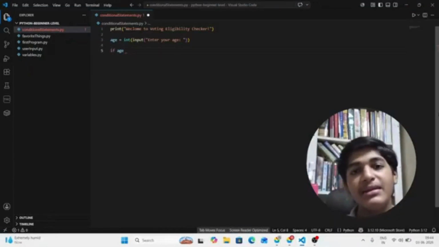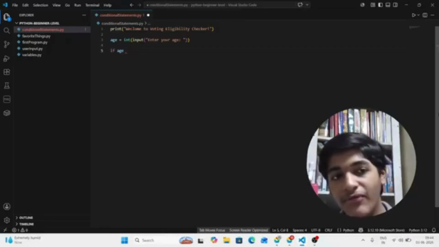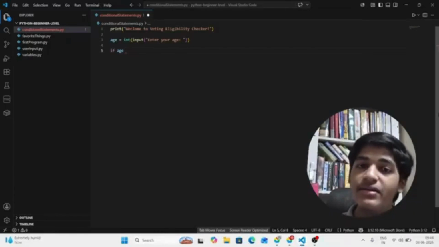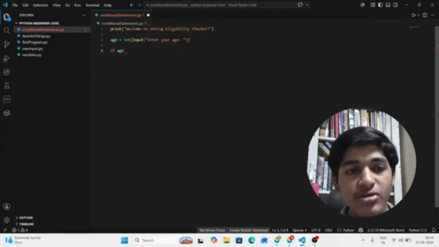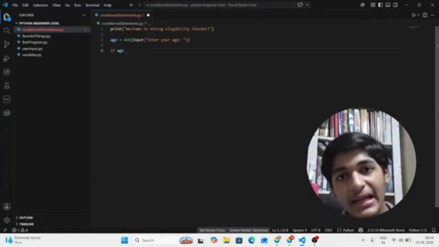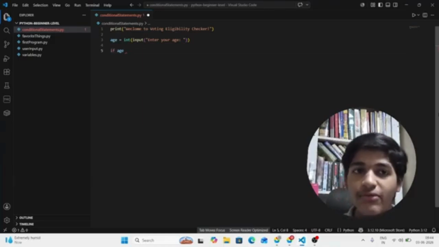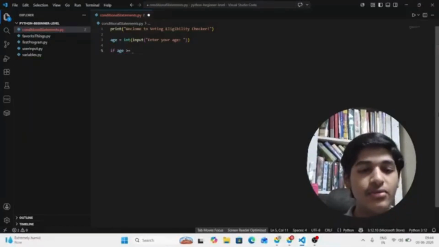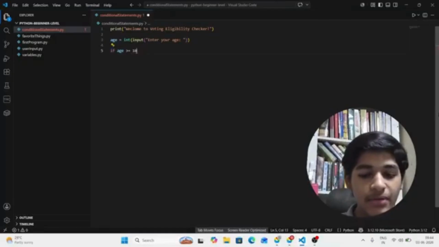Because when a person is 18, he or she can vote. And if his or her age is greater than 18, then also they can vote. So let's write if age greater than or equal to 18, and then we'll put a colon,